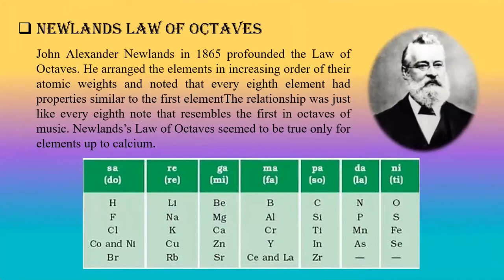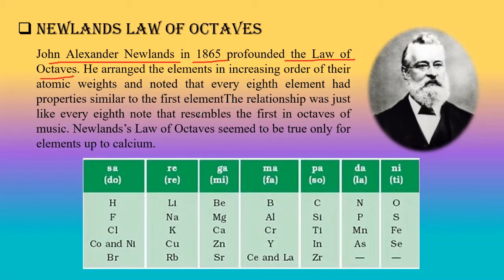And in the next slide, what are we having? We are having work from another great scientist who was very fond of music. He is none other than Alexander Newlands, John Alexander Newlands. Some years after Döbereiner made his triads, this person started making another table using some trends, but he wanted to follow the same order, that is, in order of increasing atomic weights. So in the year 1865, John Alexander Newlands founded the law of octaves.